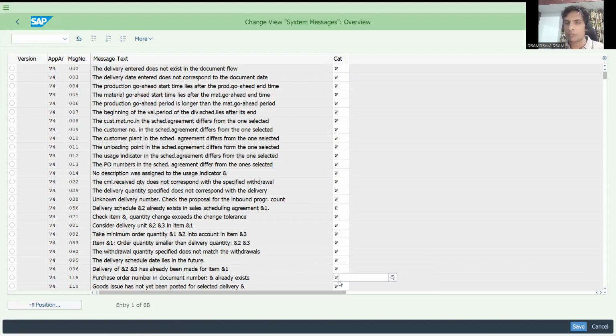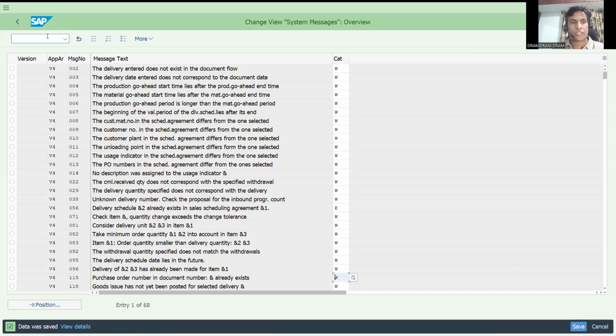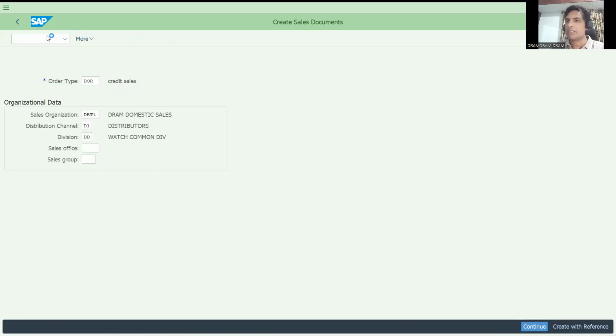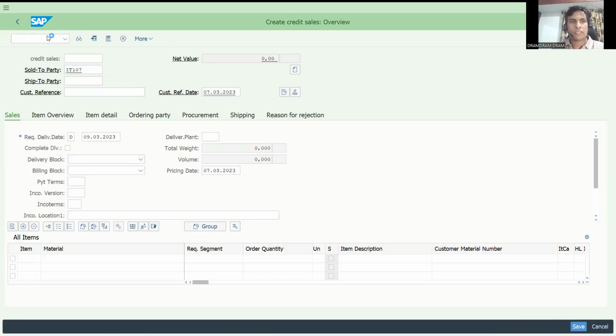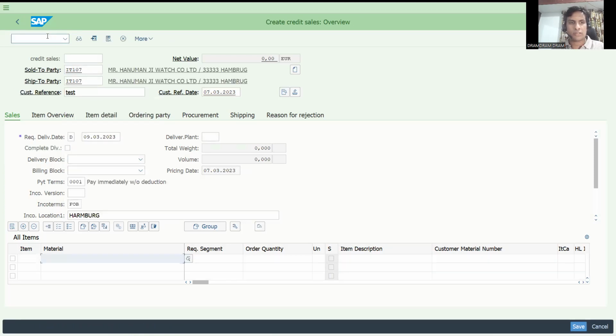Okay, let's make it to warning message back. Okay, so when I save it back, when I try to create a sales order again, it will allow. That's it, as simple as it is. So allowing, right? This is how you have to do it. Now